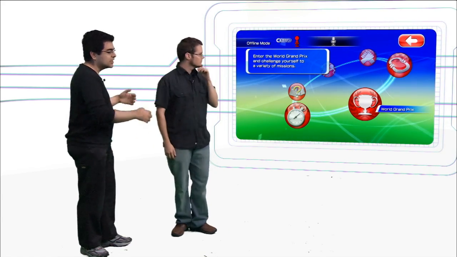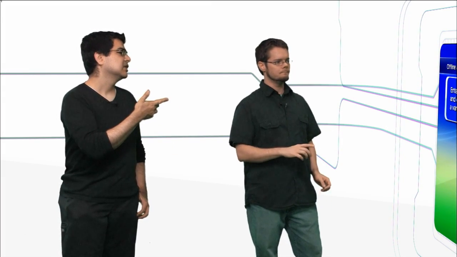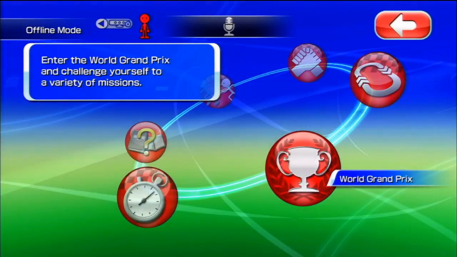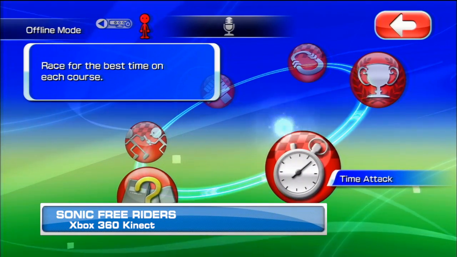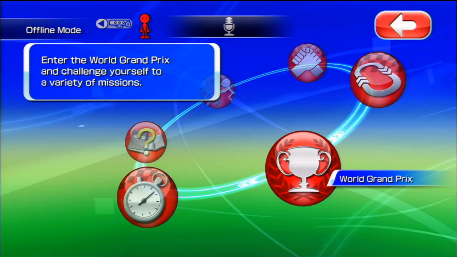All right, well, let's dive right in and show us something we haven't seen before. And one thing I should probably have you show the folks at home. There's a little microphone icon up there on the screen. Voice command actually works in this game. Do you want to show us? Yes, absolutely. So for example, on this screen we have a couple different modes. So you could say free race,